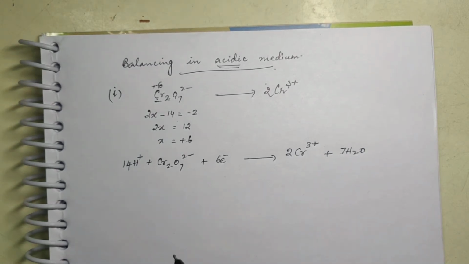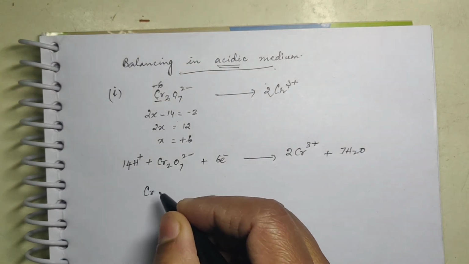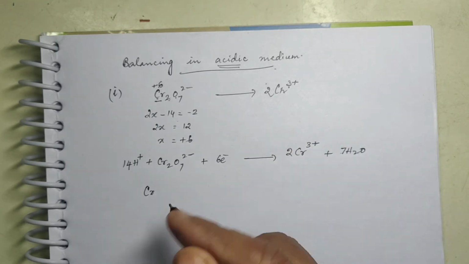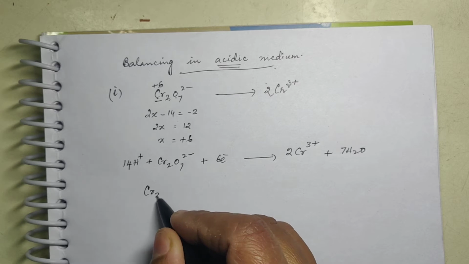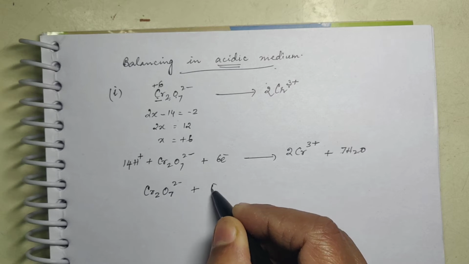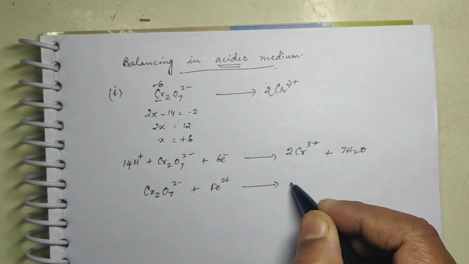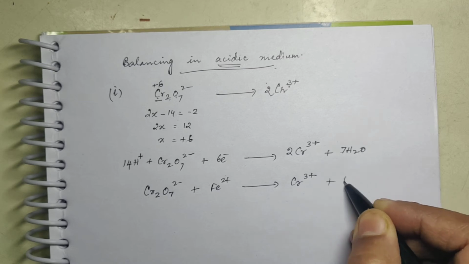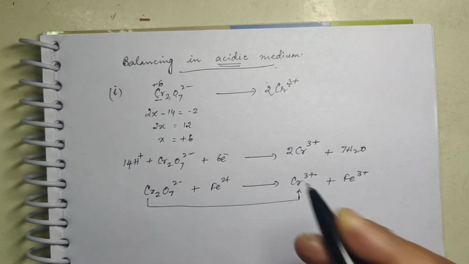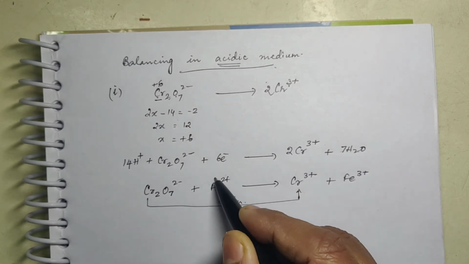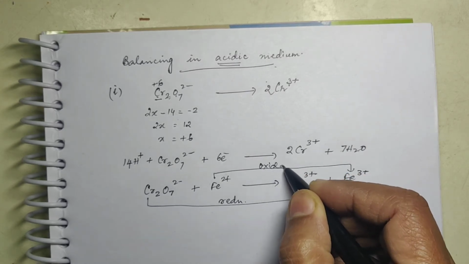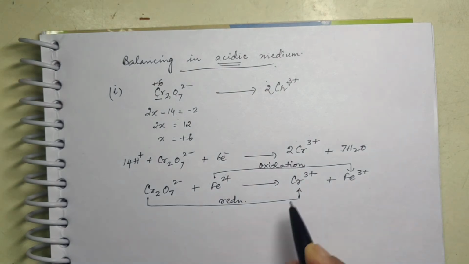Right? Now say for example, if you are having, now this is only one half reaction, that is reduction. Okay. Now if you want to mention a complete reaction, say I am giving you Fe2 plus, giving you Cr3 plus plus Fe3 plus. Right? Now here this you have already understood that this is reduction and Fe2 plus to Fe3 plus. When the charge is increasing, it is oxidation.